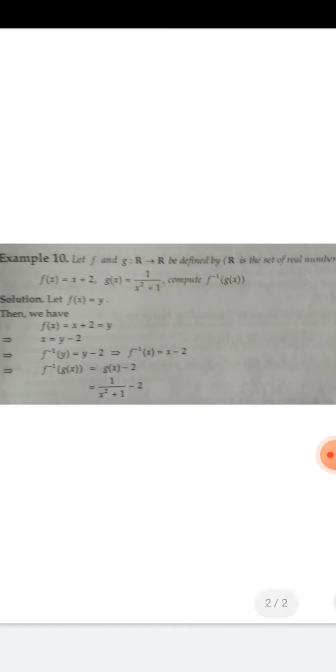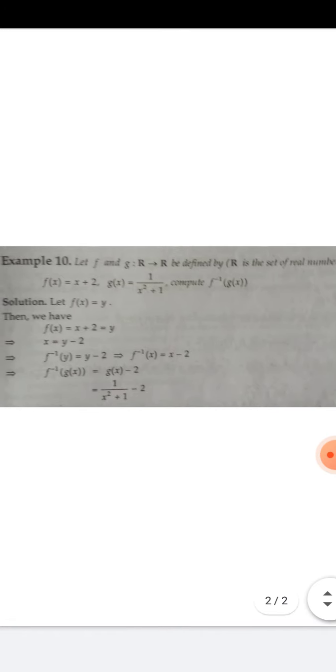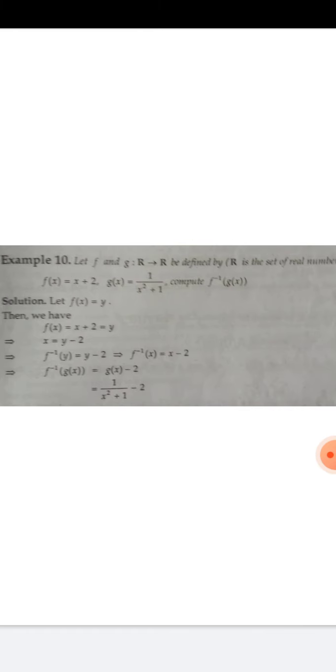Composition is also given. As we have found f of f(x), f of g(x), similarly g of f(x), g of g(x) in composition, similarly we have to do composition with f inverse. So first of all we will find f inverse, then we will put the value of g(x) in place of x in f inverse of x. So how will we find f inverse? First of all put f(x) is equal to y, as we did in the previous numerical. f(x) is equal to y, so f inverse of y is equal to x.